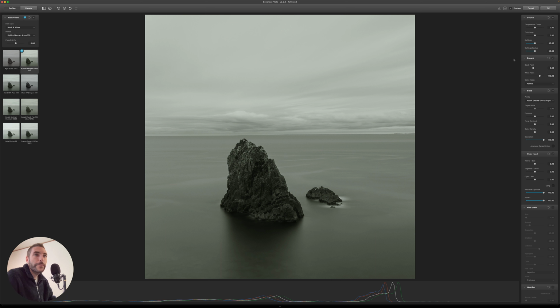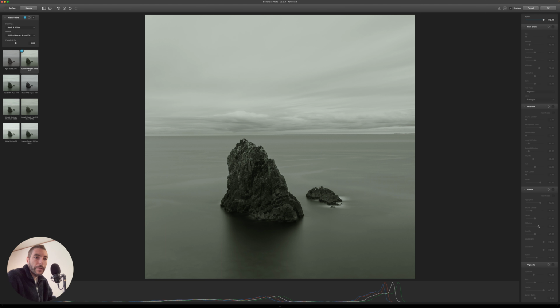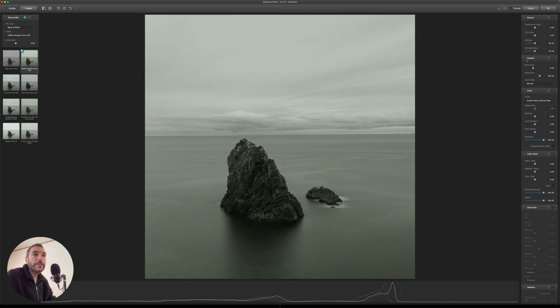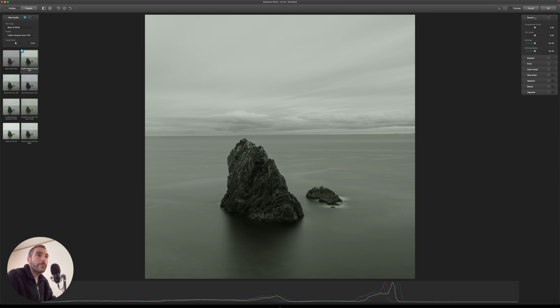So this is the default settings, and then we can of course tweak all these settings here to our liking, and there's a bunch of them, so let's just start from the top. The top one is called source, and this is not really useful for black and white because of course we are working in black and white.